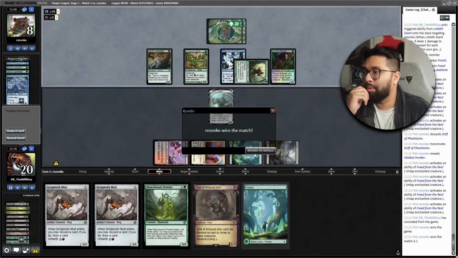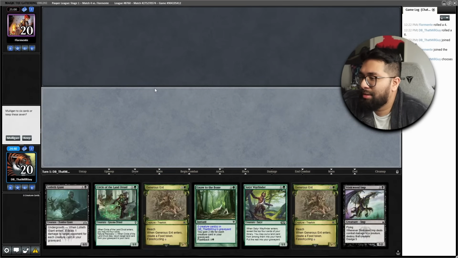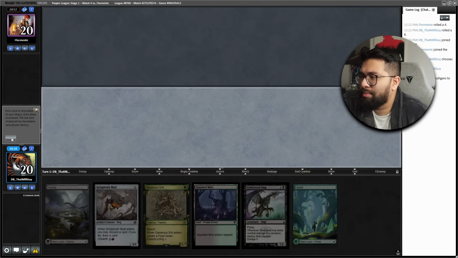I find that that's probably like another kind of weak spot for Dredge, but I won the die roll. Would I like to play first? Yes, I would. Not with that hand, though. Not with that one. This one is a little bit better. Yeah, we're gonna keep this, drop the Dread Return, run the play. So we'll start off with